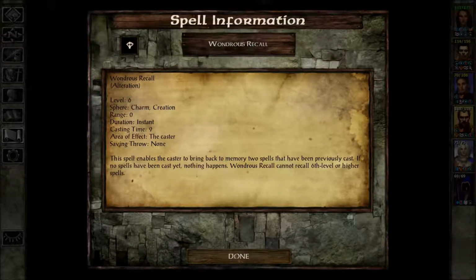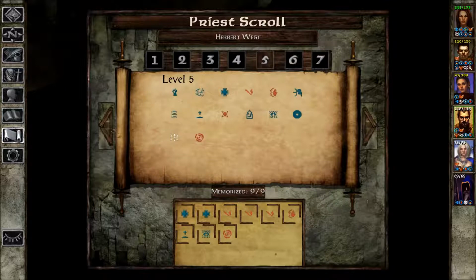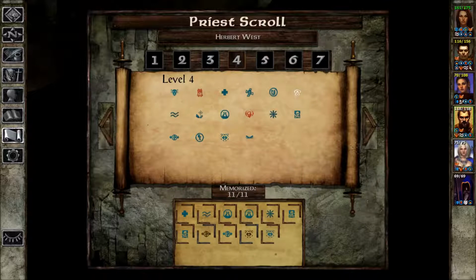What does Wondrous Recall do? Enables the caster to bring back to memory 2 previous spells. Cannot recall 6th level or higher. So it lets him remember 2 lower levels. That's actually pretty damn useful. It basically gives him, what, an extra Flame Strike or an extra 2 Raise Dead or...